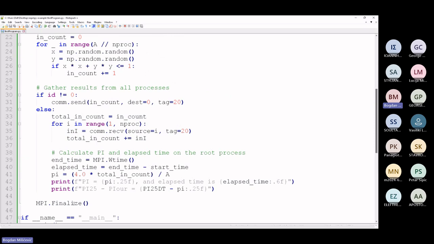I haven't explained exactly this MPI finalize function. That is the last function that should be called. If you don't call it in Python, it is not dangerous. But if you were programming in C and if you do not call MPI finalize,